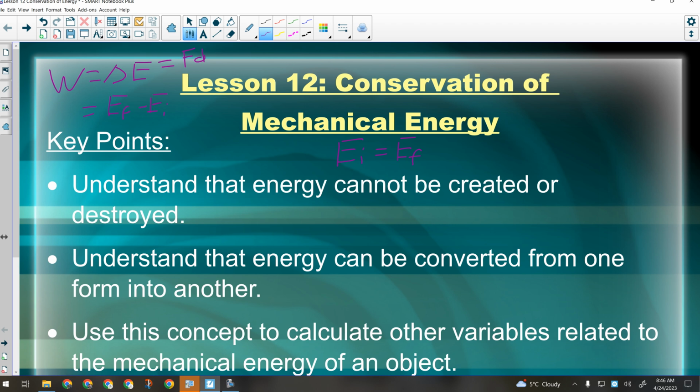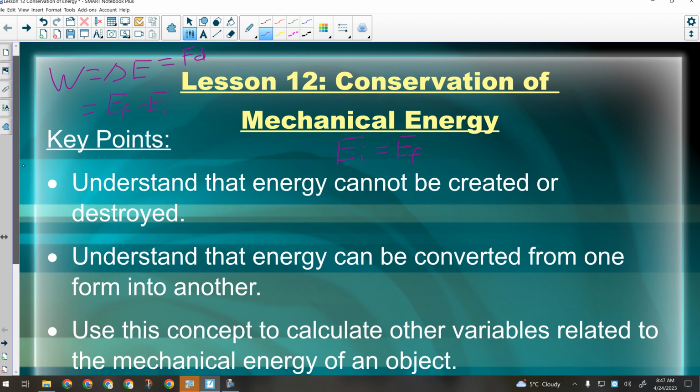Right? So there are some differences, but there's a lot of things they give that both will give you. They'll both give you heights. They'll both give you speeds, because they both deal with mechanical energy. The difference being, in a conservation of energy question, the mechanical energy doesn't change. How much of it is kinetic and how much of it is potential does, but the overall mechanical energy doesn't change. In a work energy theorem question, the overall mechanical energy does change. And that's what we have to be on the lookout